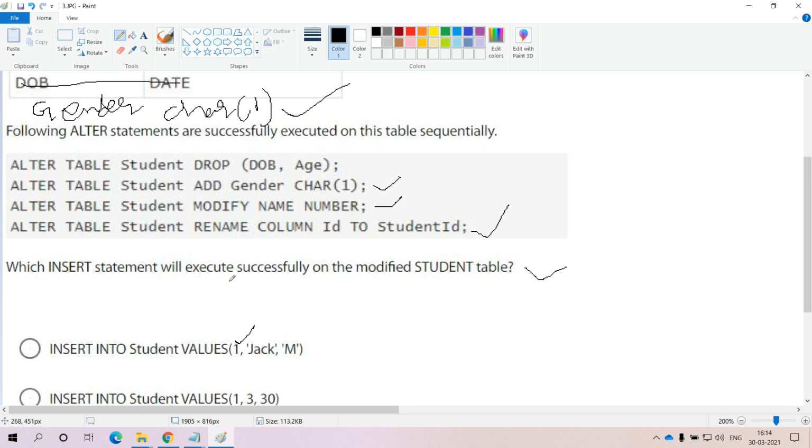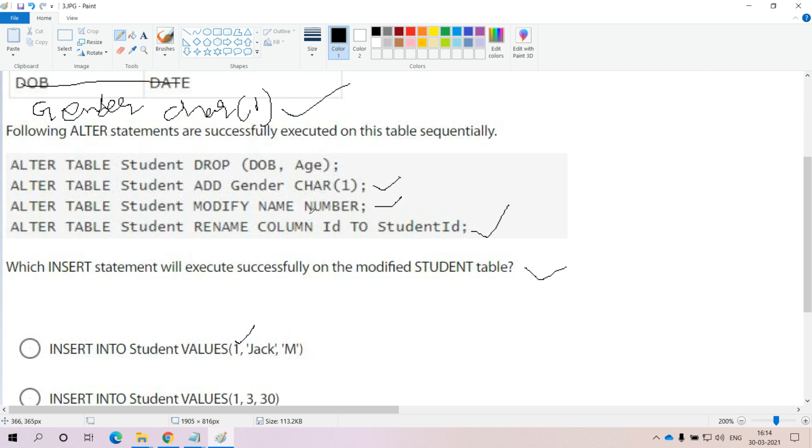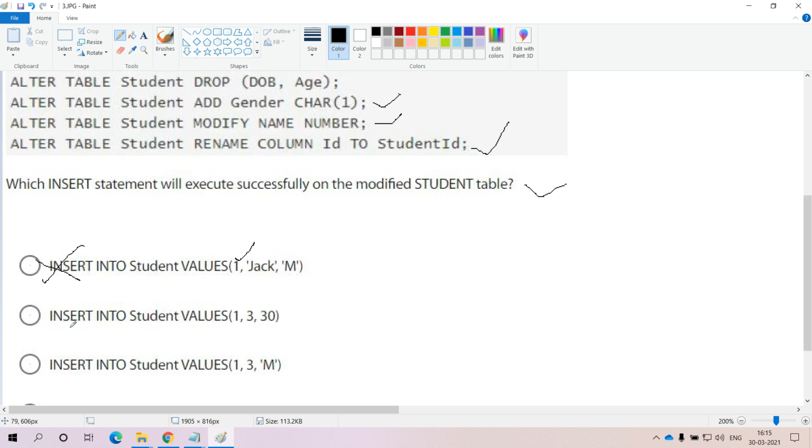And coming to the name, the modified data type is number, but we are trying to store it in the format of string. We are enclosing it in single quotes, so that is not at all correct as per the updated table. Now come to the next insert command, insert into student values of, here 1,